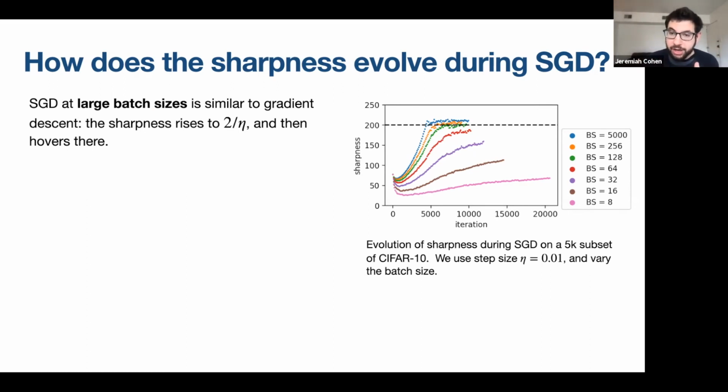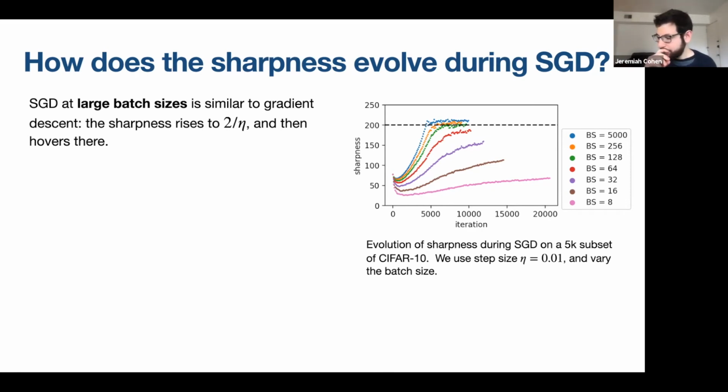You can see that for SGD with large batch sizes, sharpness basically behaves like full batch gradient descent. Sharpness rises all the way to 2/eta, or in the green case just below 2/eta, and then it hovers there. But for small batch SGD, it doesn't rise to 2/eta, and moreover, there's not going to be a formula saying that for SGD with batch size 100 the sharpness equilibrates at some function of the step size and the batch size. That's not possible because